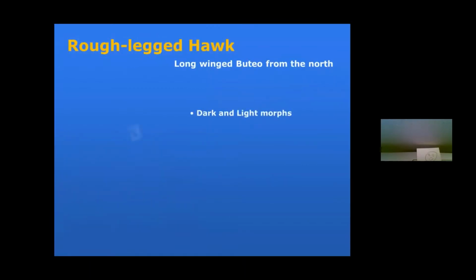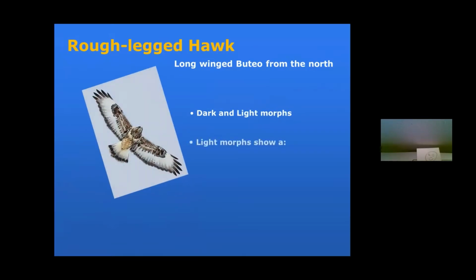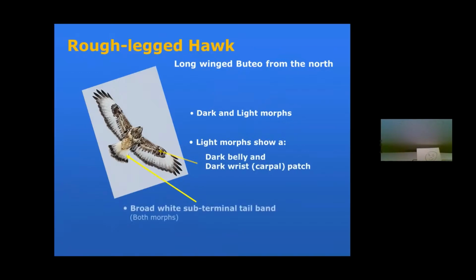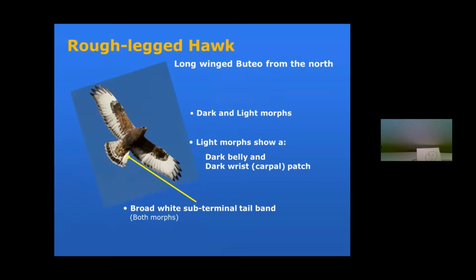Now, this is the last hawk. Not one we see very often. It's rare, except for Herb and Casey, Rutger, the folks that live up and around Canaan Valley and the higher mountain elevations in the winter. Not that we can't see them anywhere else in the state, we do. But rough-leggeds will overwinter in Canaan Valley, and there's light morphs and dark morphs, but they're still all distinctive no matter what the morph. They have a broad white subterminal band and a black band here and the very dark purple markings, which will be very distinctive no matter what morph it is.